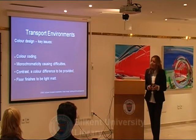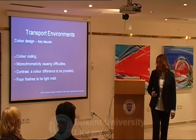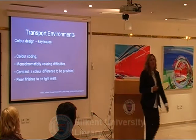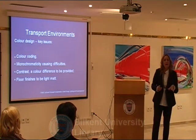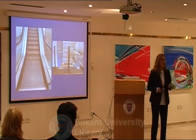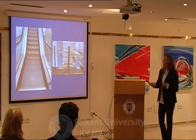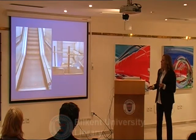And very interestingly, the floor finishes, light floor finishes. This space is doing fine. But in transport environments, the light floor finishes came as something that especially visually impaired and elderly people wanted to have. Yes, about color differences, for example, this is the information that we need to perceive,